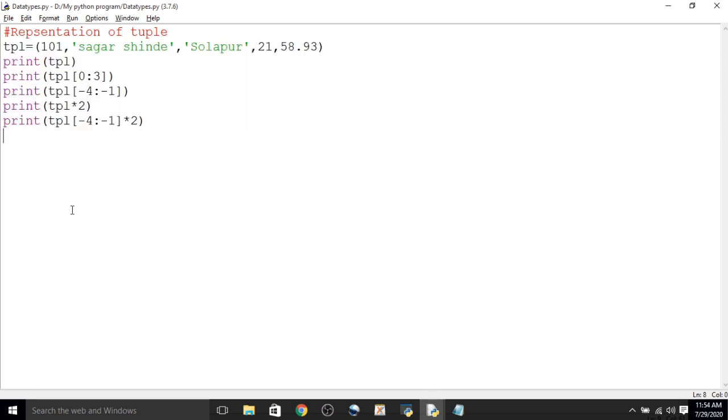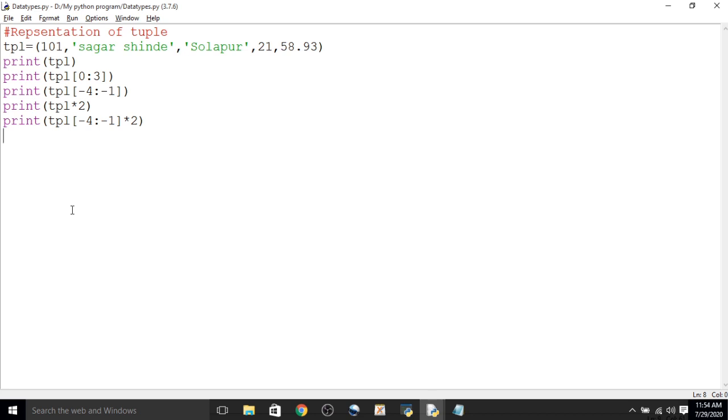So the major difference between list and tuple is this. List and tuple both are similar; both contain elements of the same or different types. The elements of a list are modifiable, meaning we can insert, update or delete the elements of a list.